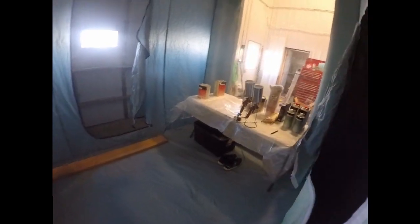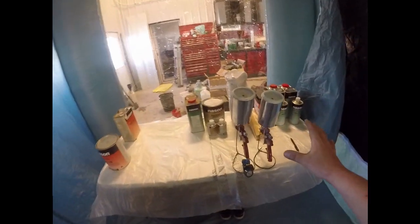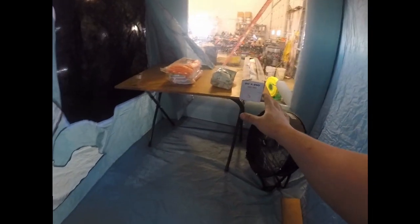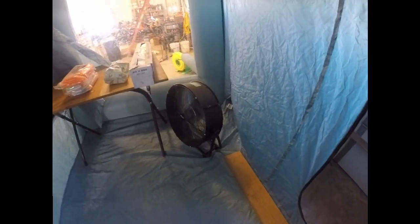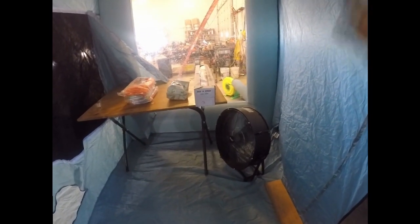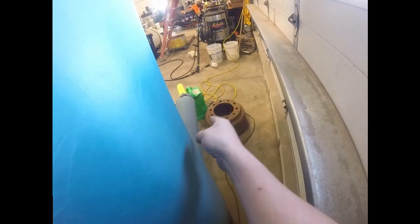Got the clean room all set up. Ready to mix everything over here on this table. We've got other supplies over here. So this kit came with 2 blowers. Oh, here. We got one little one. This one is actually supposed to inflate the whole thing, but it can't hold it up even after it's inflated. So I got the big one on that, the little one on the